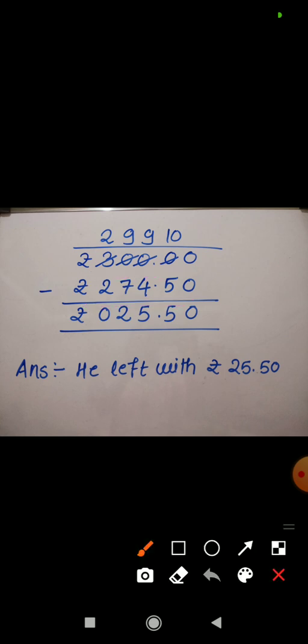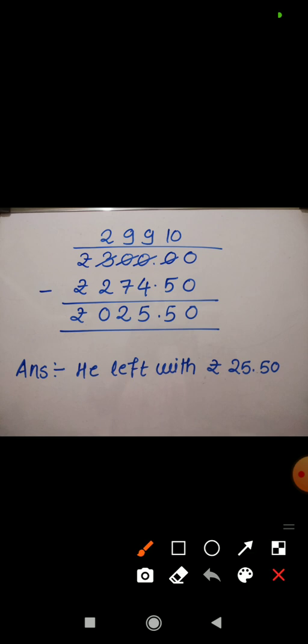Now look here, 0 minus 0, 0. Now 5 we cannot subtract from 0, so we need to take one borrow. So from where we have to take one borrow? From 3. So here you can see I have cut 3 and written over there 2. When we take one borrow from here, it will be 10. Again we need to cut 10 and write there 9. This will be again 10. We have to cut 10 and write there 9. You can see I have written there directly 9 because we need 1 here, right? Now this will be 10. 10 minus 5, 5. 9 minus 4, 5. 9 minus 7, 2. And 2 minus 2, 0.